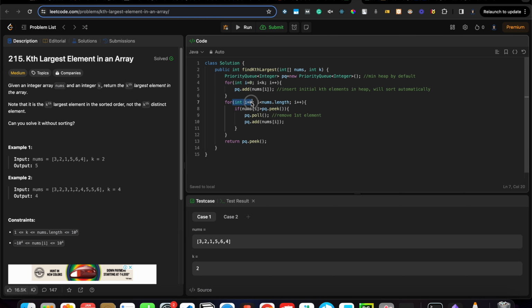Then we are looping through the remaining elements, from k to the last element. And if nums of i is greater than the priority queue's peek, so if it is greater than the current peak element, we will just poll that element out and add the current nums of i, right? After this loop finishes, we will just return the priority queue's peek, so the current peak element. So yeah, that's it. So let's try submitting this.